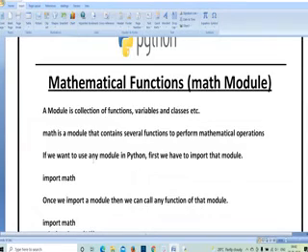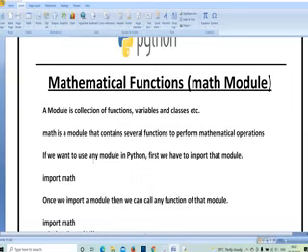Next, math module. In every programming language, even in C and Java, the basic operations like arithmetic, relational, and comparison operations are performed without including any special header files or mathematical header files. If you want to perform more operations compared to arithmetic, relational, and comparison operations, you are going to use a special keyword called math.